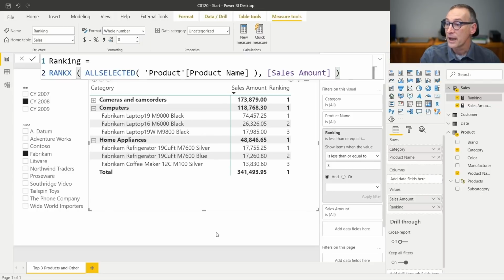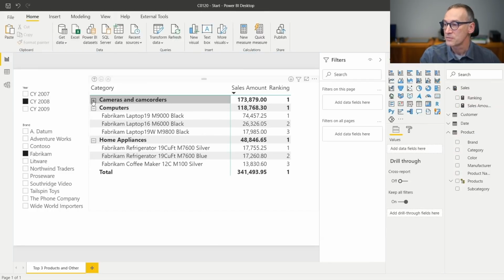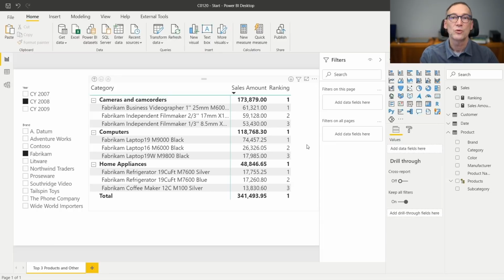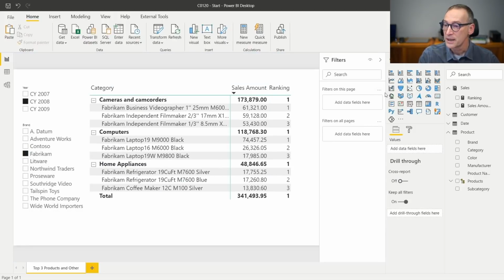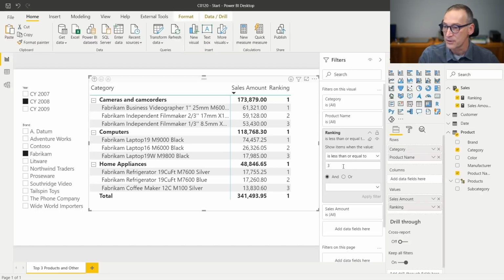I apply the filter, and now I am in a better position because now you see that I'm showing the top 3 products for each category. I can also get rid of this filter. So now I have 1, 2, 3, and I'm able to show the top 3. But what I want to do is a bit more complicated than that. I want that number to be dynamic. So I don't want to show the top 3 and hard code the value of 3 in my filter, which right now is here. I want to control everything through a measure.